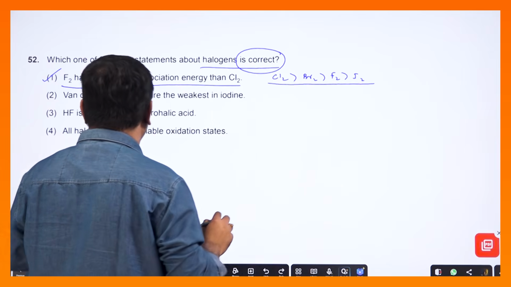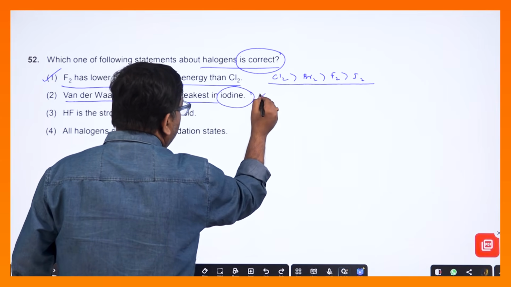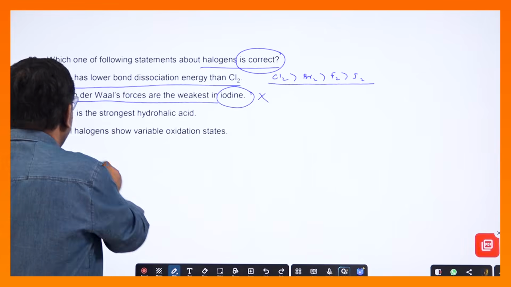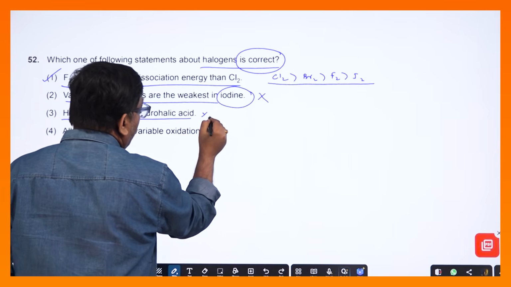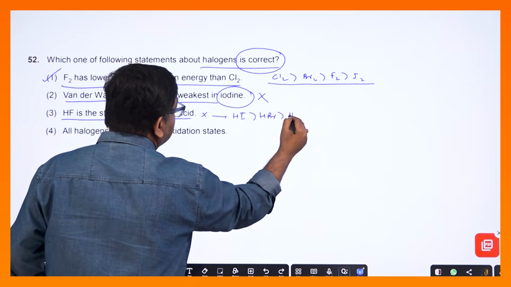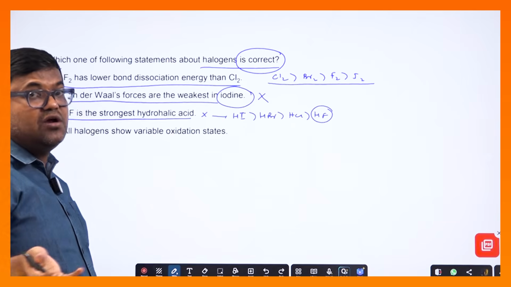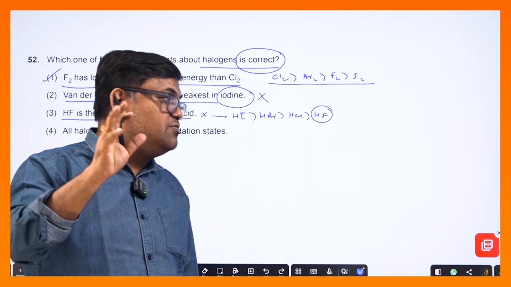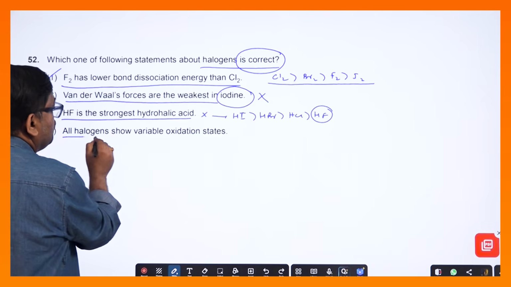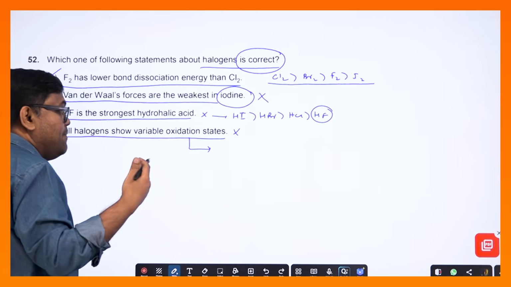তাহলে প্রথমটা হয়ে গেল, বাকিগুলো দেখে নিই। ভ্যান ডার ওয়ালস ফোর্স আয়োডিনে উইক না, আয়োডিনে সব থেকে বেশি হয়। কেন? আয়োডিনের মলিকুলার ওয়েট বেশি, সাইজ বেশি, তাহলে ভ্যান ডার ওয়ালস ফোর্স বেড়ে যাবে, এটাও ভুল হলো। HF ইজ দ্য স্ট্রংগেস্ট না, স্ট্রংগেস্ট অর্ডার কি? সব থেকে বেশি হচ্ছে HI, তারপরে HBr, তারপর HCl, তারপর HF। HF কিন্তু উইকেস্টের মধ্যে পড়ে, এর Ka 3.2×10⁻⁴, পেন্সিলে লেখা আছে, এটা উইক অ্যাসিডের মধ্যে পড়ে, কারণ স্ট্রং হাইড্রোজেন বন্ডিং হওয়ার জন্য অ্যাসিডটা উইক হয়ে যায়। এটা ভুল হলো।